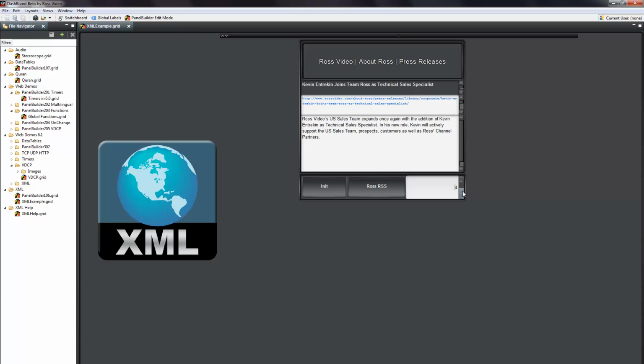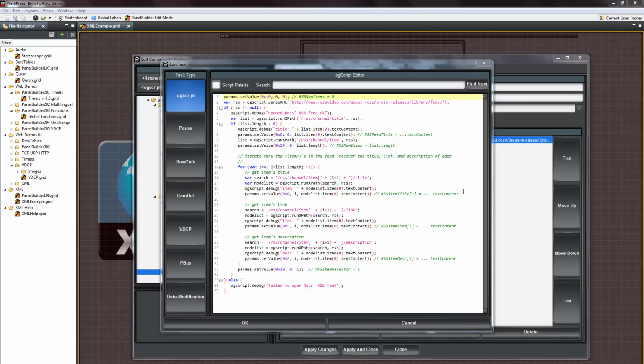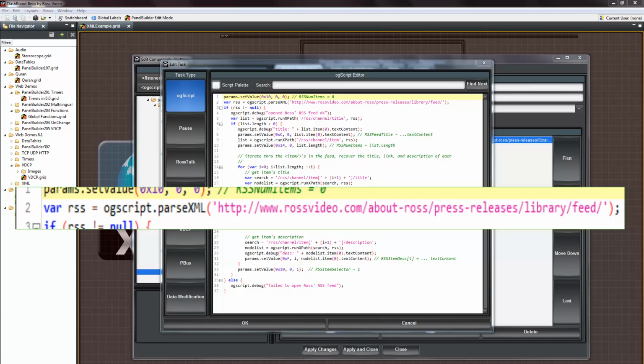Let's go and have a look at the code that does this. Here's the code that's underneath the Ross RSS button. The lines to concentrate on are line 2, which is an example of using a URL pointed to a website, Ross Video's in this case, as the XML source, and we're reading that into a variable called RSS.